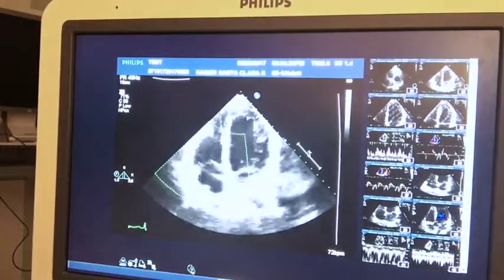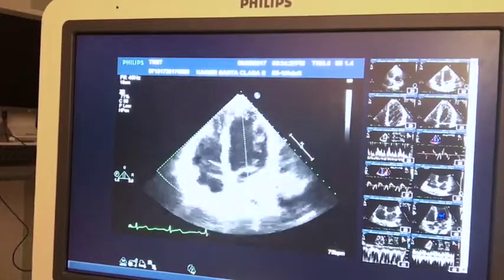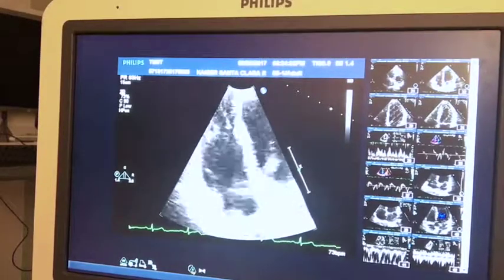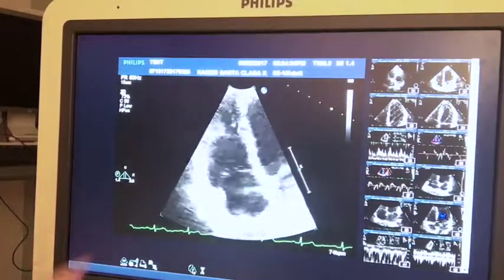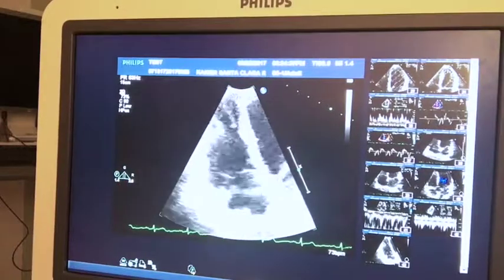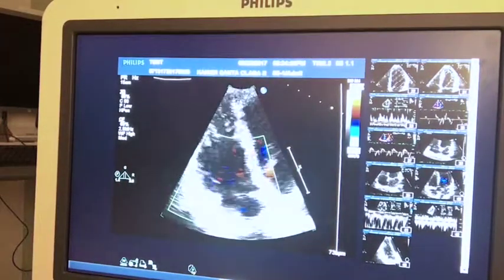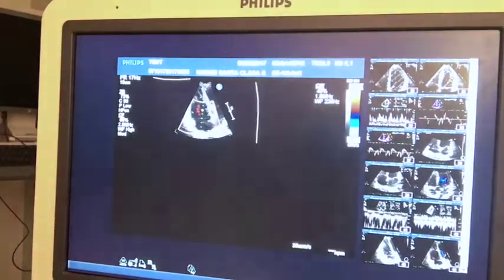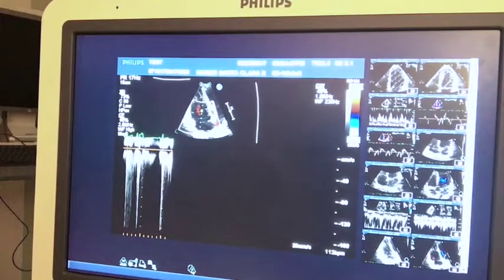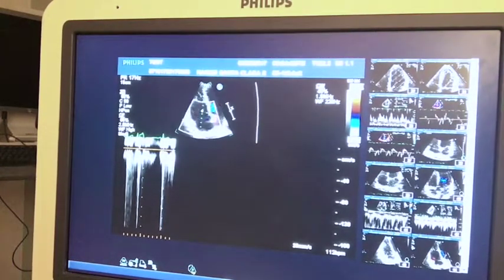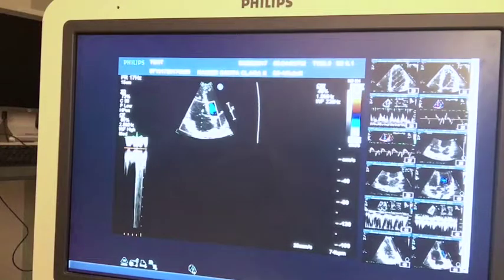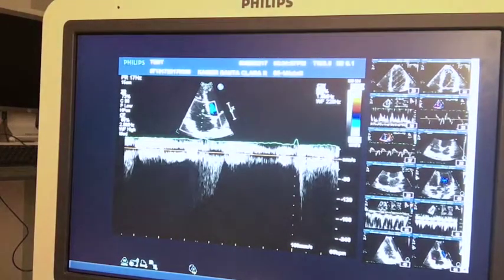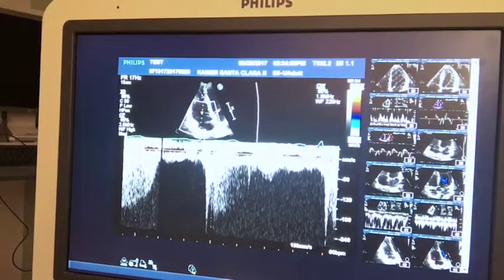So now I'm going to go over to, since I've already done the 5-chamber, usually I will zoom up and I will show the entire right heart, so I can see the right heart function as far as the systolic and diastolic function. You can kind of assess that two-dimensionally. I'm going to switch over to color, and I'm going to switch again to this glorious little wisp of tricuspid regurgitation. It's hardly anything, but I'm going to get a good signal, because you don't want to bring a patient back